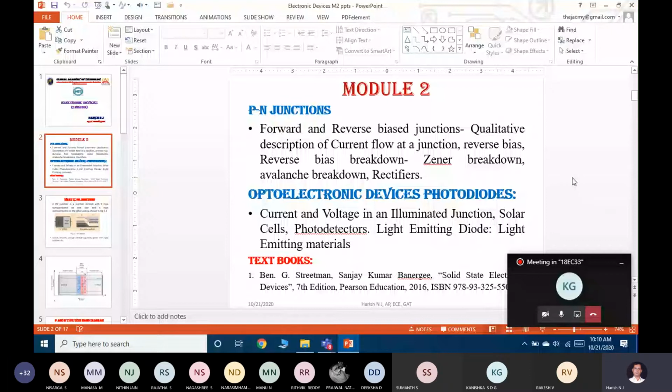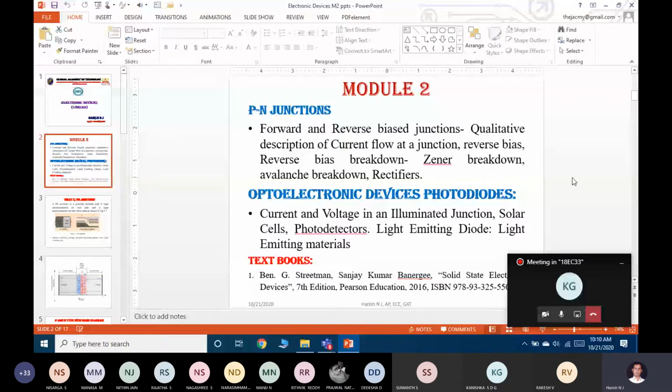After completion of the first chapter, we are moving to the second chapter, optoelectronic device. In that, we are going to discuss photodiode, photodetector, solar cell and LED. There are four topics we are going to discuss under optoelectronics. In the first one, photodiode, it is a derivative kind of thing. The remaining things are all theory-oriented topics only.